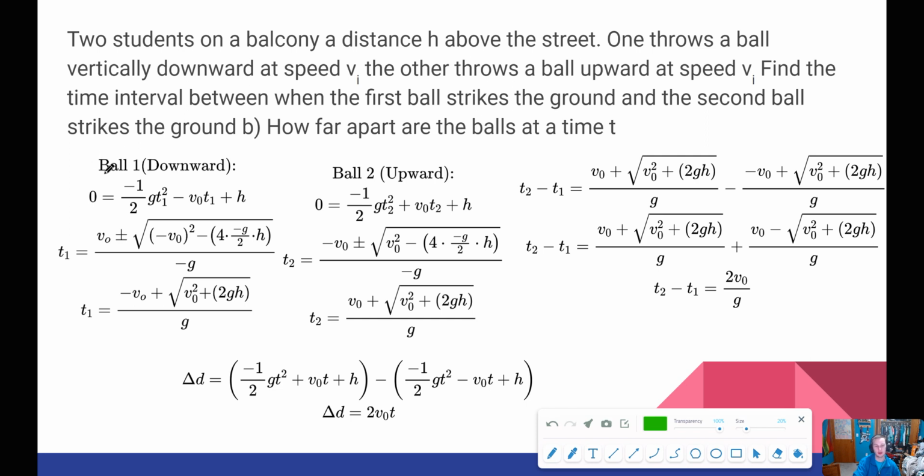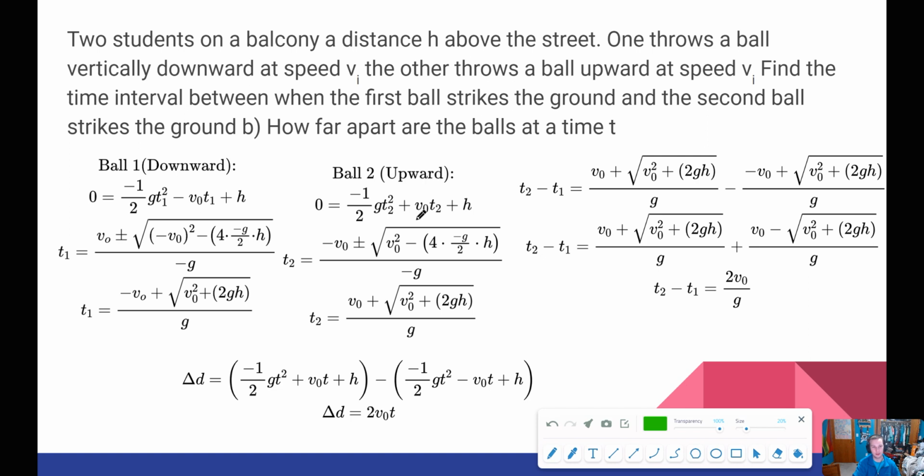Okay, so how I did this is we have ball one, the ball that's thrown downward. So you have your negative 1/2 g t squared sub 1 for ball one, and you start at some initial height h, or your change in height is h. And so then in order to solve for the time, you have to plug it into the quadratic equation. Okay. Ball two,